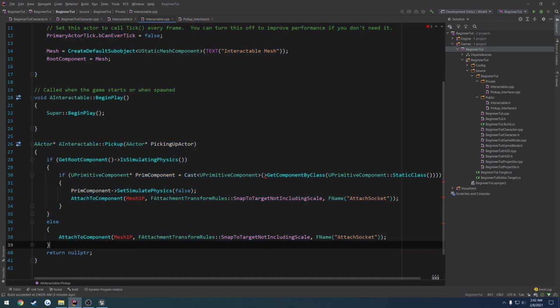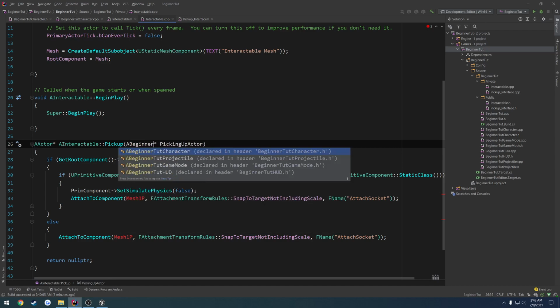I'm going to go ahead and remove the print out the line. So what we can do is we don't have the mesh 1p function in a actor or a way to get access to it. What we'd have to do is we would have to cast picking up actor in order to get access to it. So we can actually make it take in a beginner tutorial character,